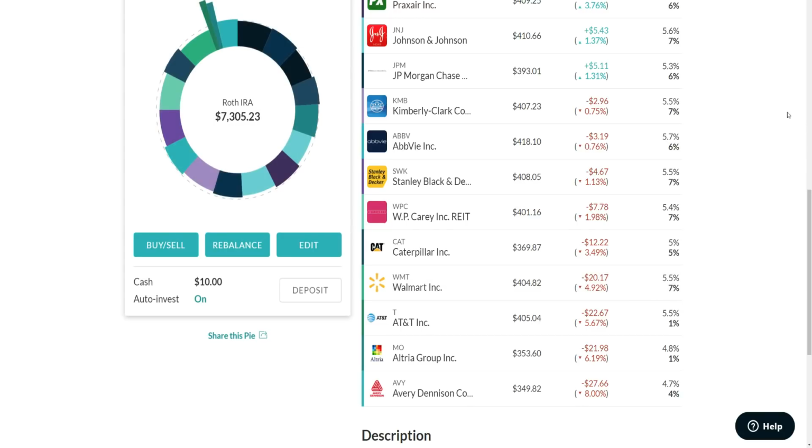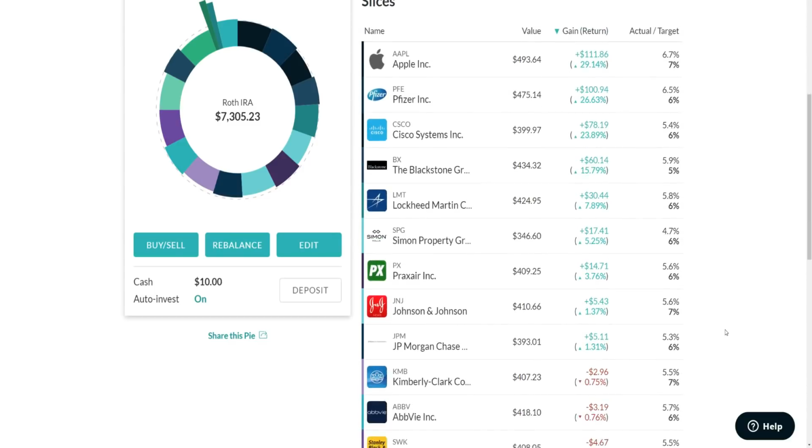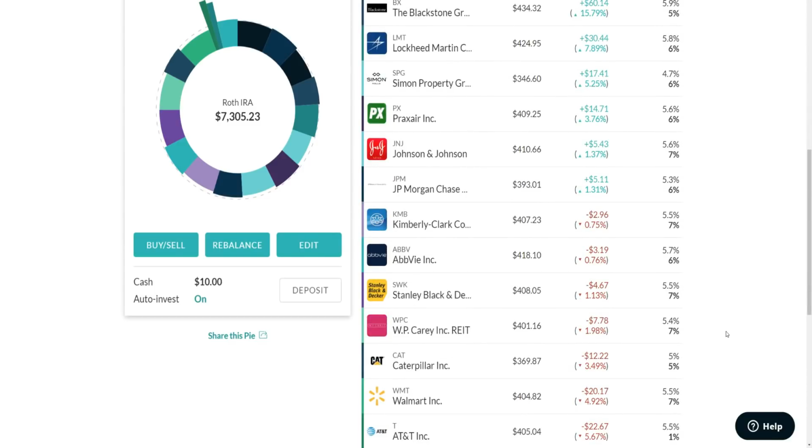Now, what happens when you change your percentages down to, say, 1%? I've lost confidence in a few stocks, and I don't really feel like investing in them over the next